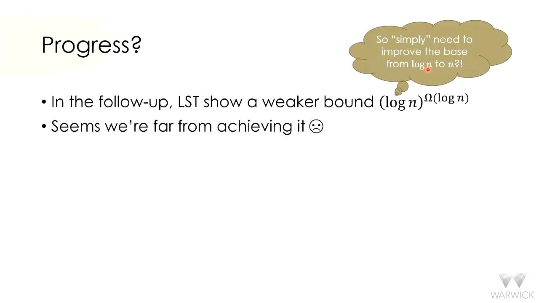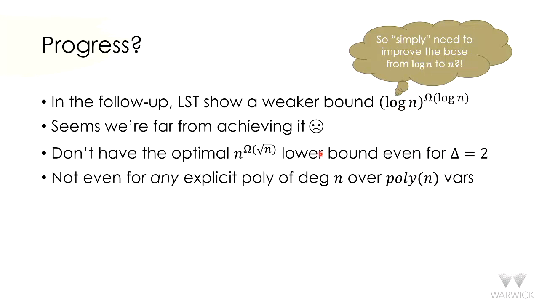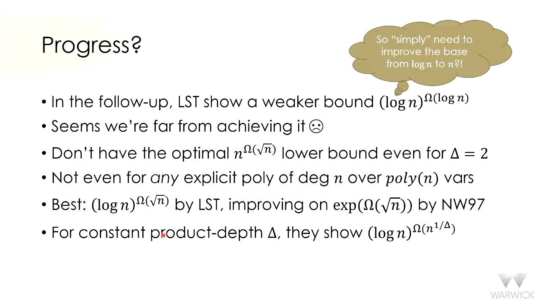But unfortunately, it seems we're far from achieving it. And we don't even have the optimal lower bound when the depth is constant, when the depth is 2, right? And it's not that we don't have this for the IMM. In fact, we don't have this for any explicit polynomial when the degree is large, when the degree is n. Right, so the best that we have is, again, due to the same follow-up of LST, which is log n